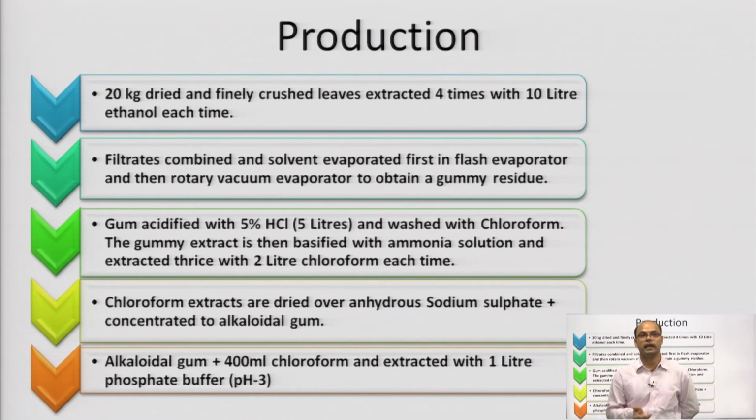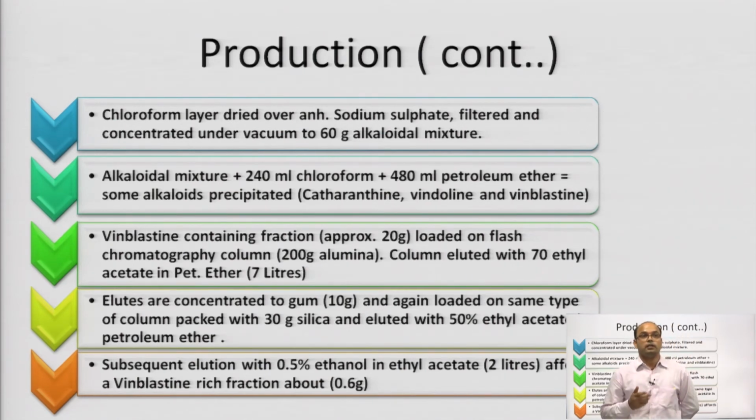Again we are getting an alkaloidal gum. This alkaloidal gum is then mixed with 400 ml of chloroform, which is then extracted with 1 liter of phosphate buffer, the pH of which was set at pH 3. The chloroform layer dried over anhydrous sodium sulfate is then filtered and concentrated under vacuum to 60 gram of alkaloidal